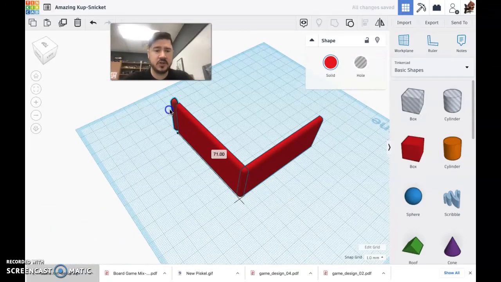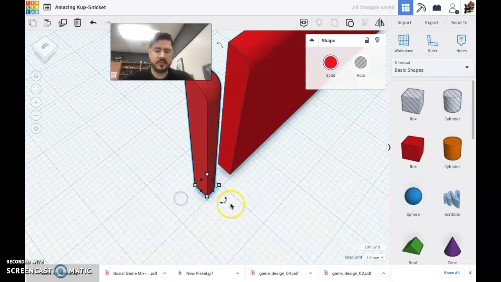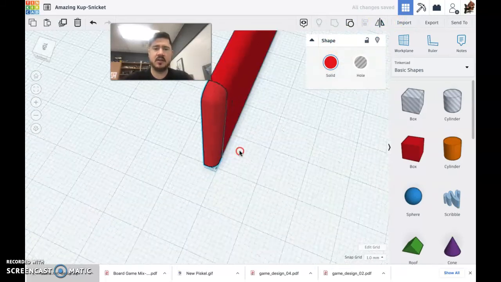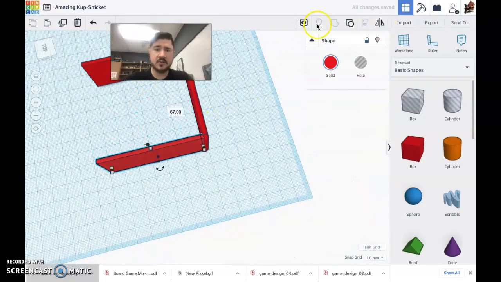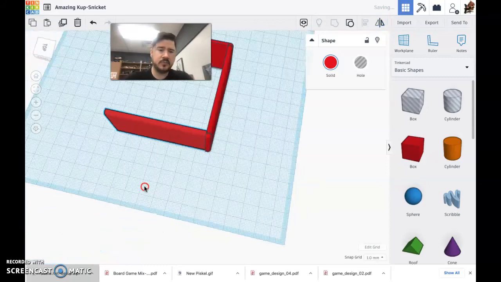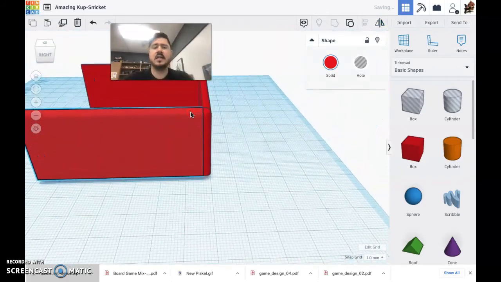I can take this one, I can duplicate it. I can rotate it, or I could just simply hit mirror, right? I can mirror it along that axis and pop it in there. Oh, look at that. Perfect. I've got this shape right here. I'm going to mirror it along this axis. And now I'm